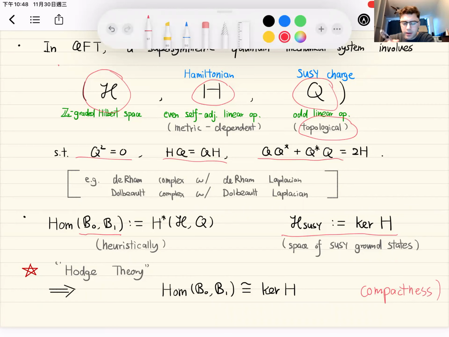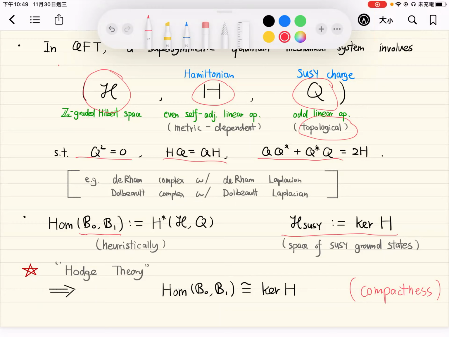Sorry, this doesn't depend on B, or your branes, right? This isomorphism, there's no dependence on B0 or B0 on the right-hand side. Can you explain that? So I'm just wondering, you're saying that the Homs between B0 and B0 are given by these cohomology groups, but these cohomology groups don't seem to depend on your choice of branes. Are you saying for any two branes, you have the same?